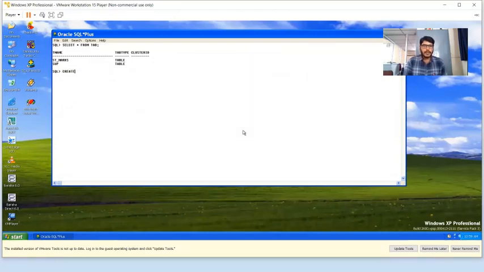For that, I will execute the create table command. Create table supplier, press enter, open the parenthesis. Now simply I will use SID instead of specifying supplier ID.